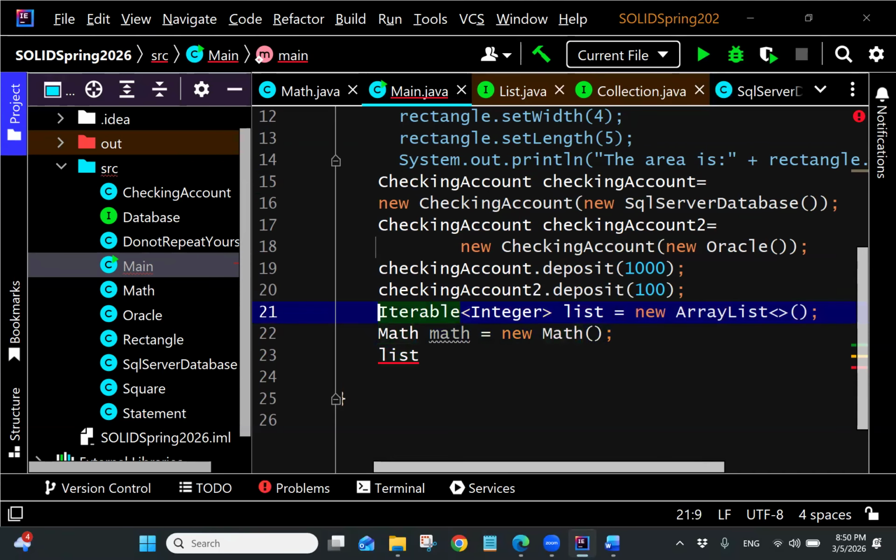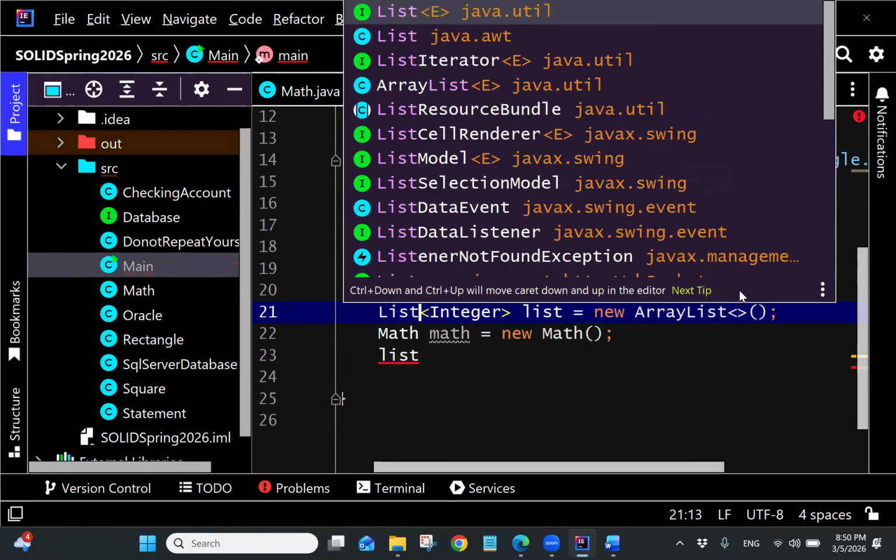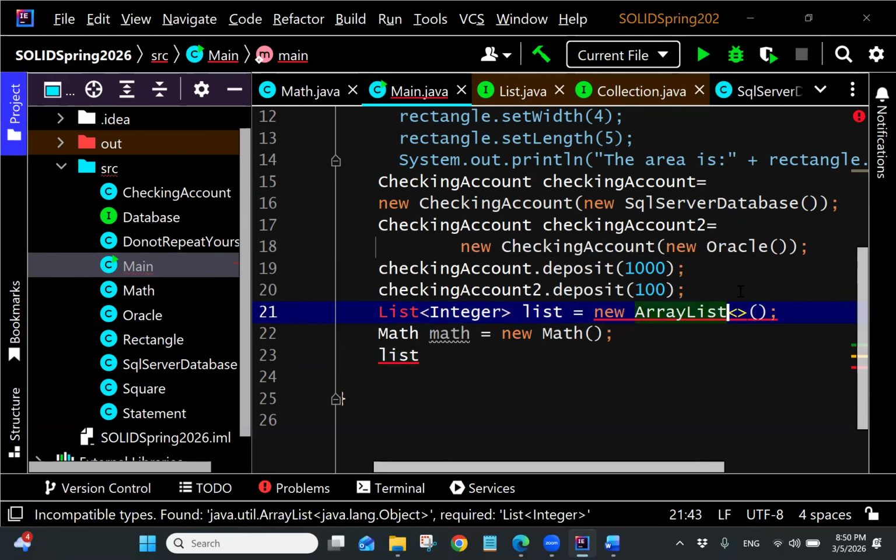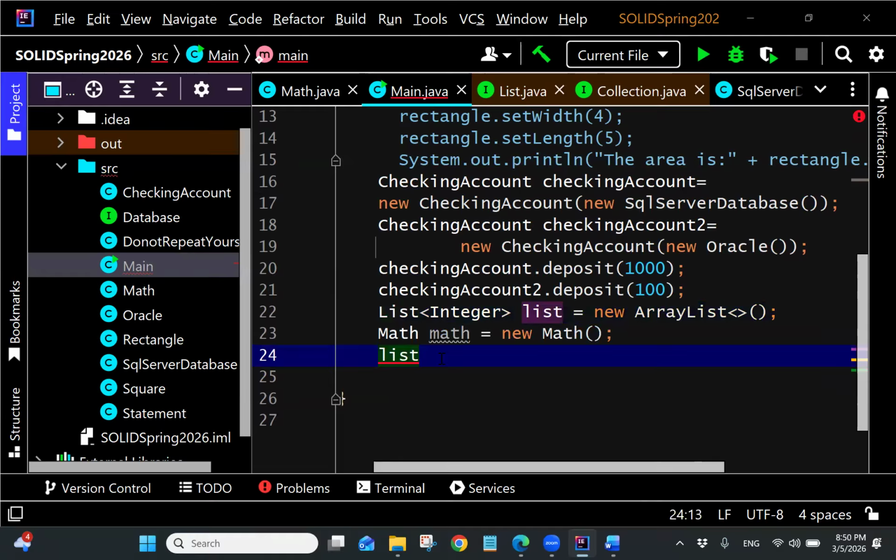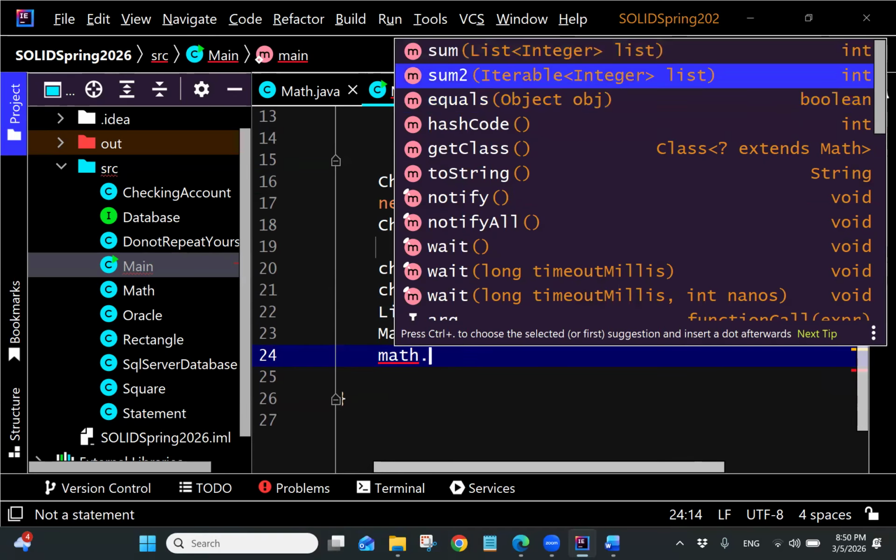If I have not iterable, I have list. So over here, I have a list, right? So if I want to call math.sum2,